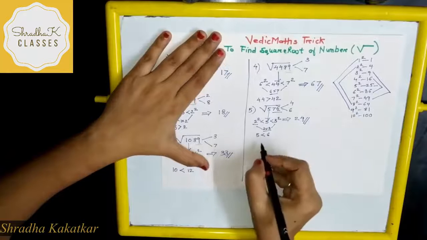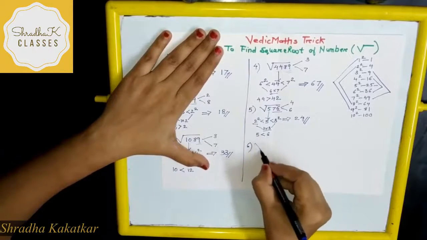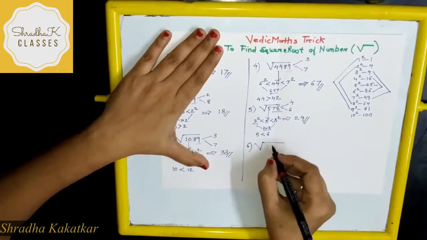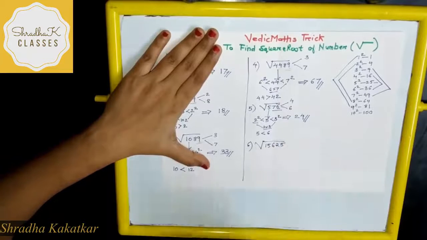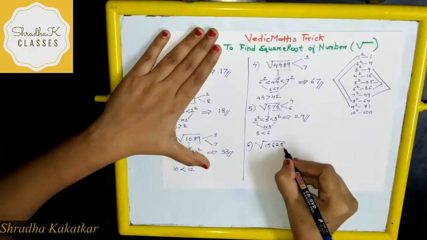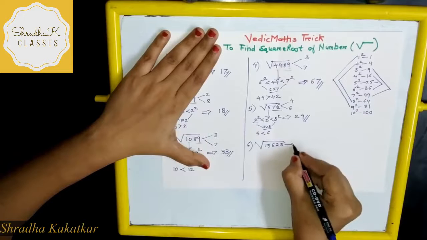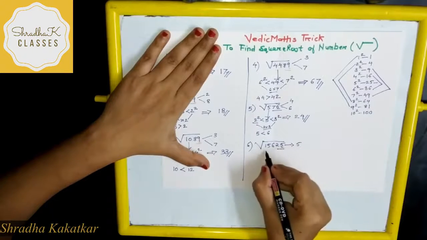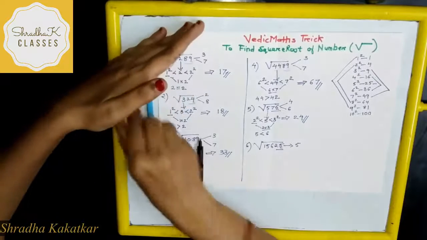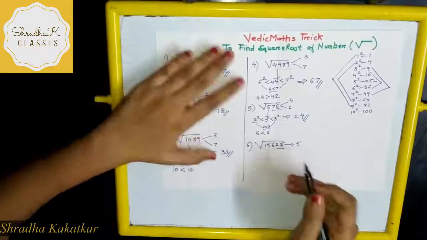Now let's take one more example. Let's take a 5 digit number, 15625. Now again same steps. For 5, which number ends with 5? We have only a single number, right? That is 5. So it's 5. Then what is the next step? Leave 2 digits and then go to the next digits.